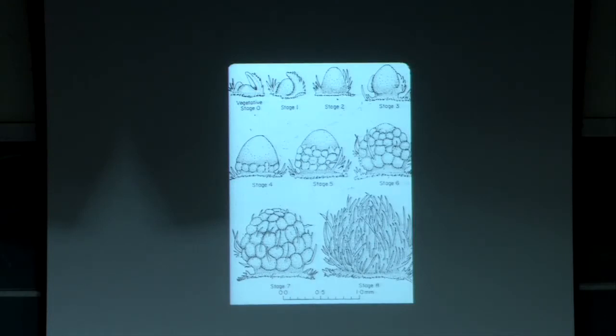To give you an idea of the changes in the size of the shoot apical meristem as it goes through this transition to flowering, here is the vegetative apex making leaf primordia, and as the apex is committed more and more to a different developmental pathway, that is to making flowers, in this particular pathway we see that the apex enlarges and that it is consumed by the production of these new floral parts.